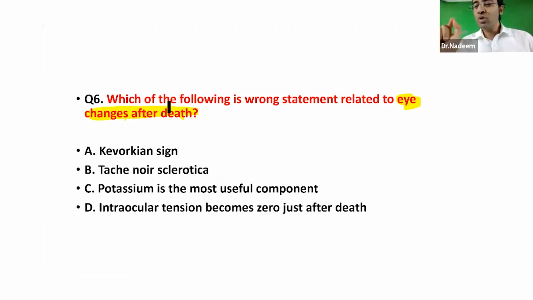There will be loss of voluntary movement. But specifically, if I ask you related to eye sign, then it should be Kevorkian sign. You can also see the tache noire sclerotica. The best medium to determine time since death is vitreous humor. In vitreous humor, potassium is the most useful component. Intraocular tension becomes